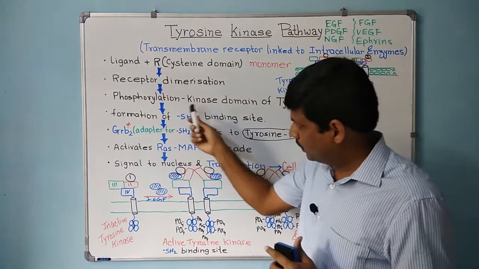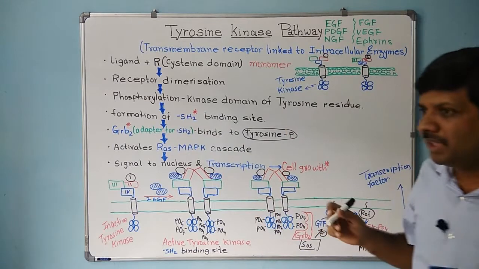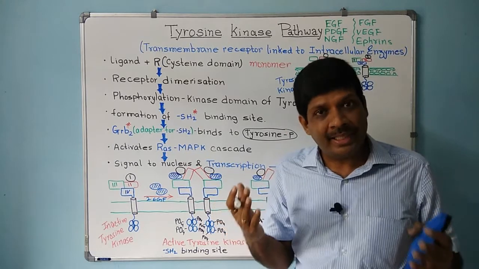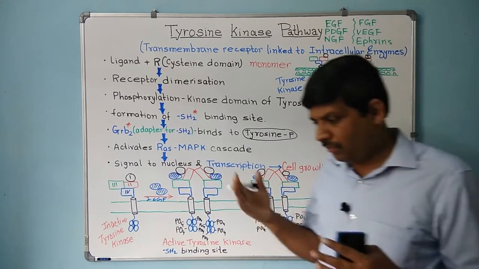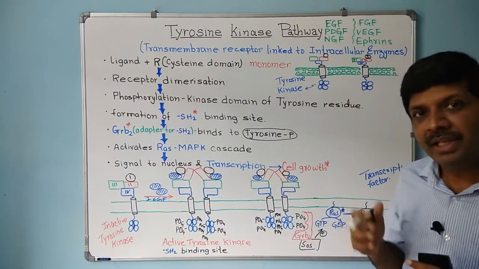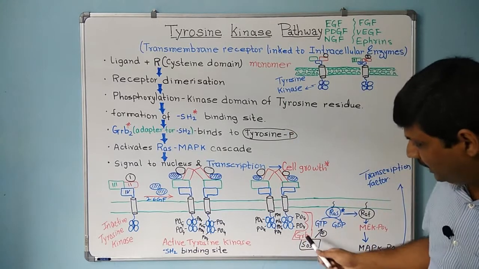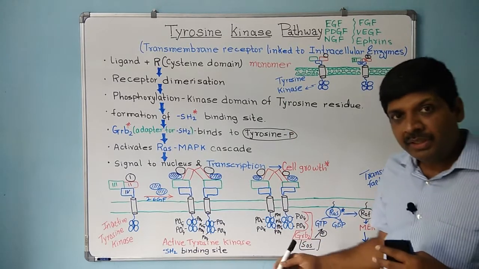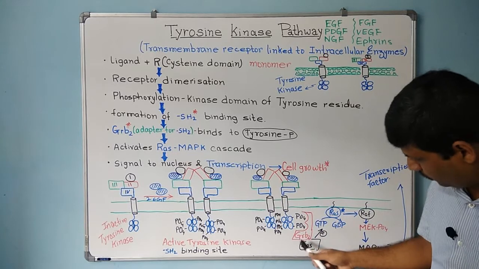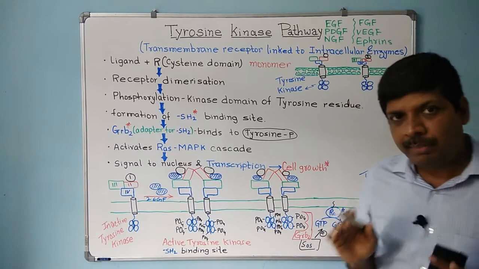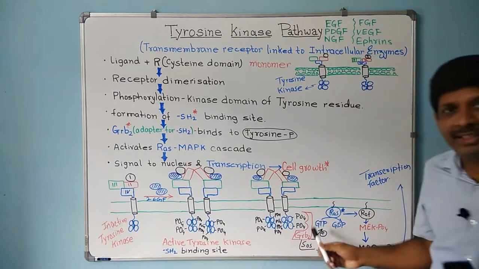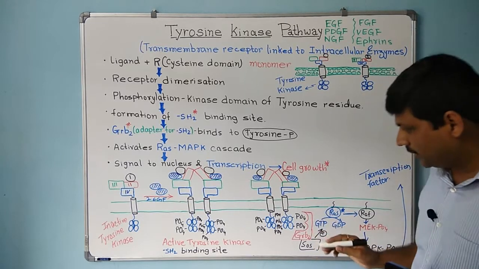Now this SH2 is present in many other proteins, like phospholipase C gamma. There it is present. Then we have the phosphatidyl inositol 3 kinase, PI3K, there, and also it is present on the GRB protein. Again, you can find the full form later in the description part. We have the GRB2 protein. There also the SH2 domain is there. So this is like growth factor receptor bound protein. In that SH2 is formed.